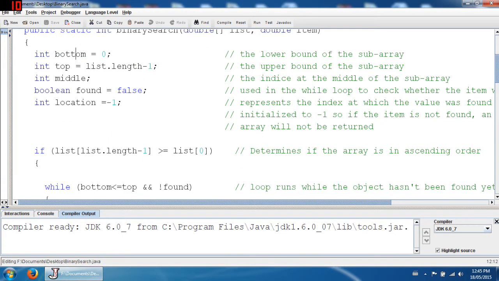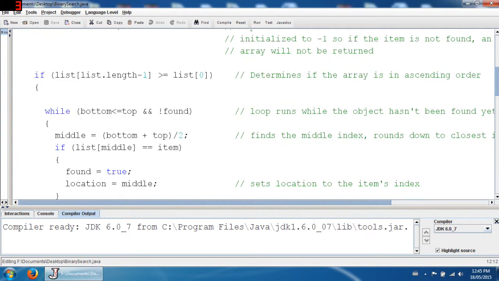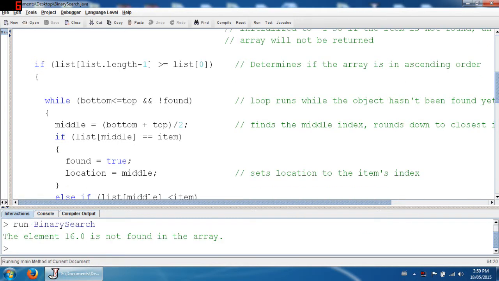So, the first part of the method is checking whether or not the array is in ascending or descending order. So here we have an if statement that checks if the last value in the list is greater or equal to the first value of the list. So if the array is found to be in ascending order, we move on to a while loop, which checks